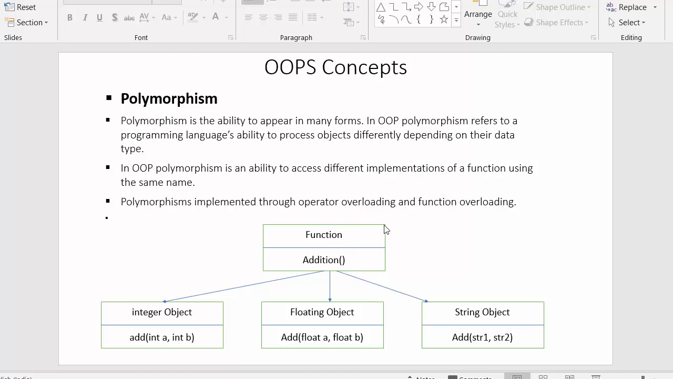Okay, so I hope you understood what is polymorphism. It's an ability of an object to behave differently with different sets of arguments. Okay, now let us see the next point. In object oriented programming, polymorphism is an ability to access different implementations of a function using the same name. So as I have said, with polymorphism I can access different implementations. I will be having three functions with the same name, but implementations will be different. All these functions will be having the same name with different implementations,